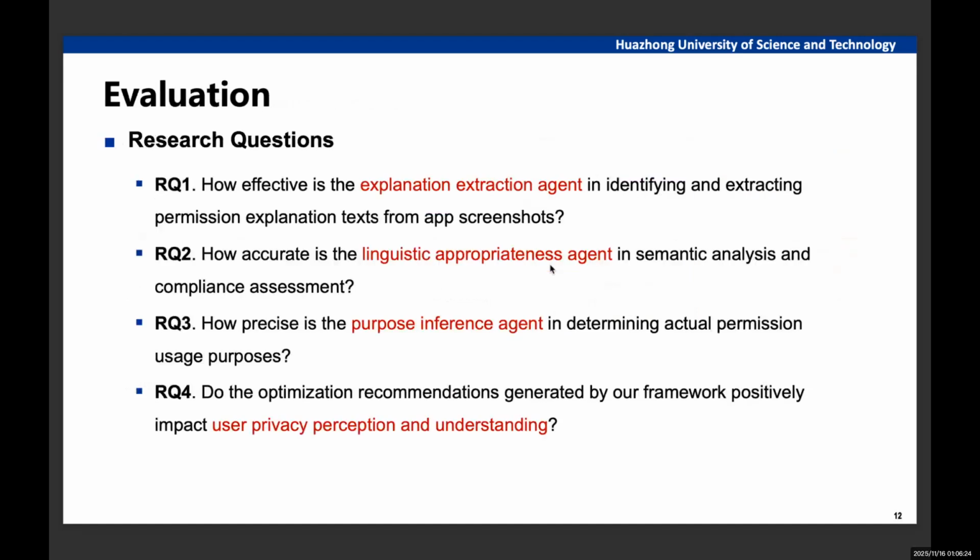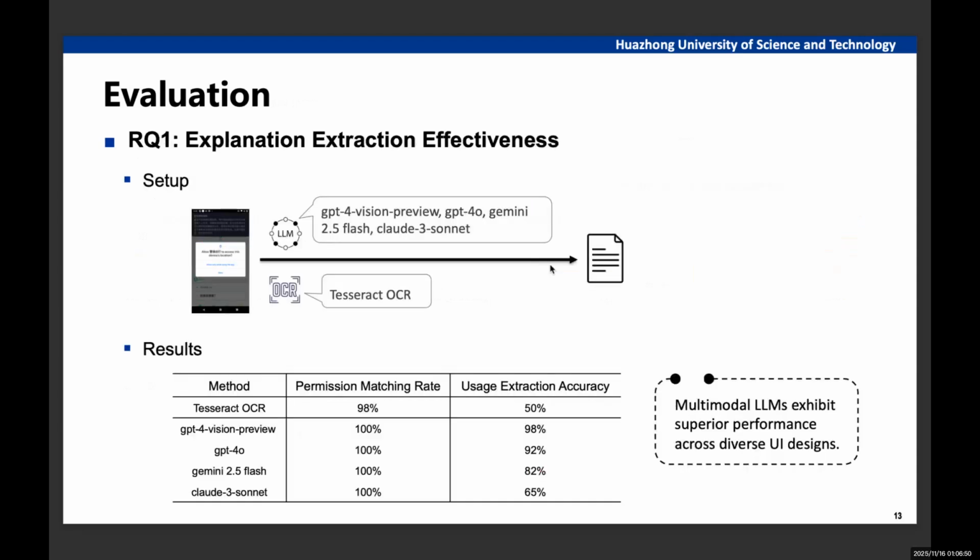We next conducted experiments to assess the effectiveness of our framework using the previously collected 600 mobile apps that had been manually annotated. We aim to answer four RQs. The first three examine the performance of each agent within the framework, and the last one examines the practical utility of the generated recommendations. In RQ1, we focused on the agent's capability to automatically identify and extract explanation texts from